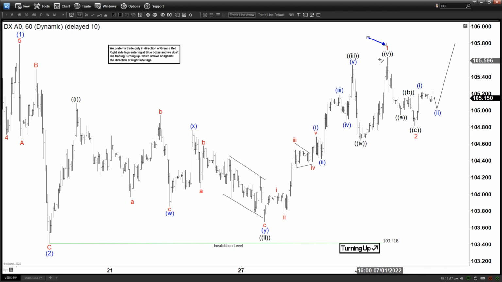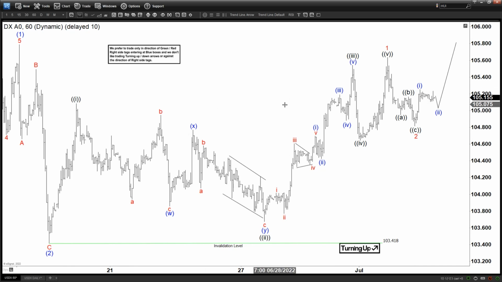But of course, we still need to break above wave 1 again here, and more importantly, we still need to break above wave 1 in blue to confirm this entire view, right? So you can see the arrow is still turning up, not green. The reason is because we have not broken above the previous peak still. But we're gonna take a look at possible alternates as well as a couple of things that we observe in the dollar index, and